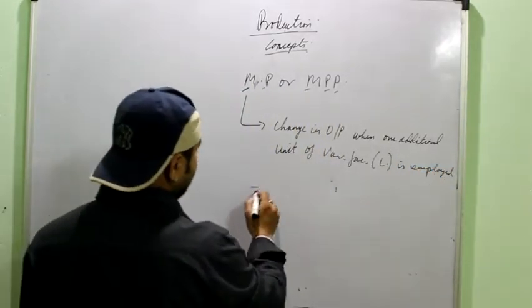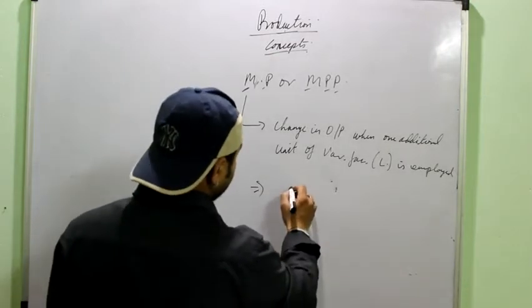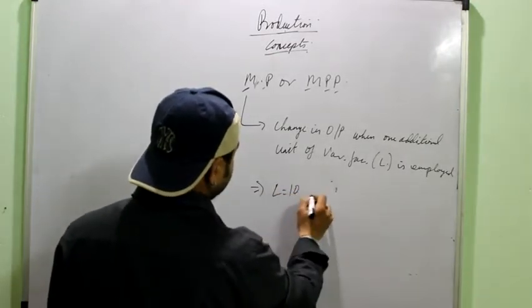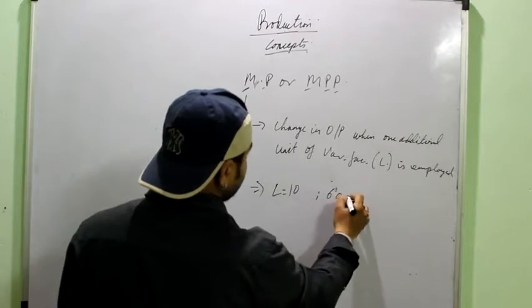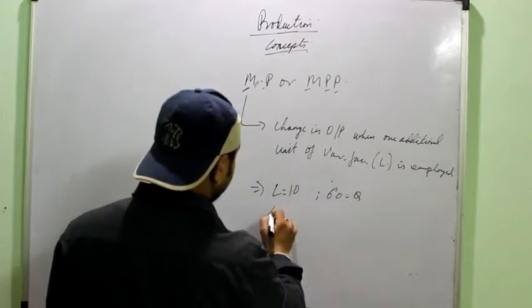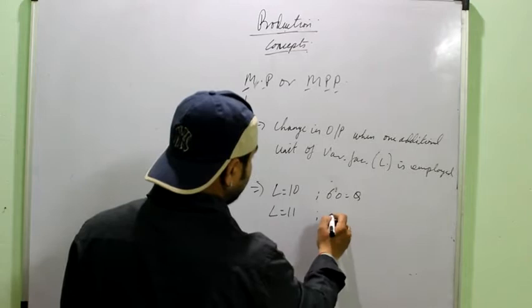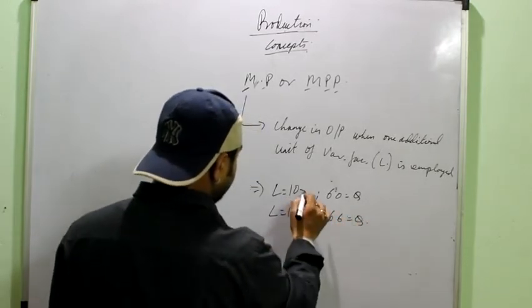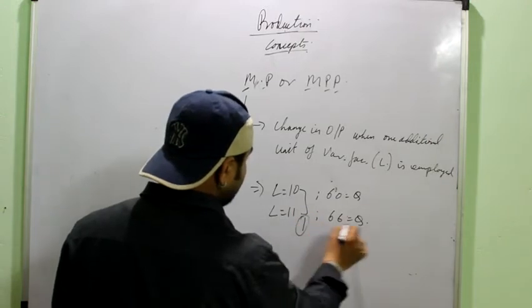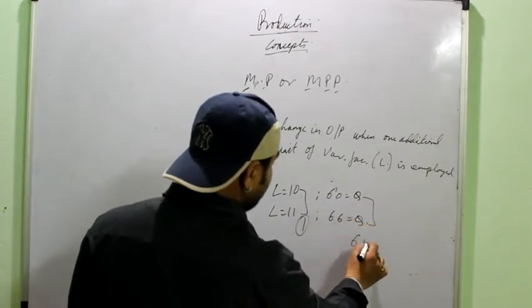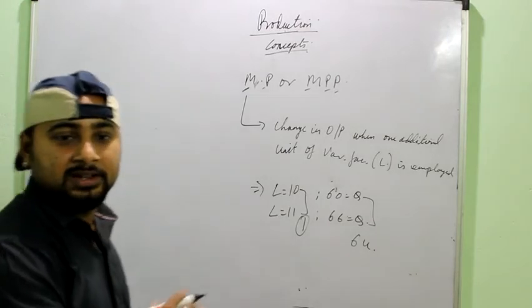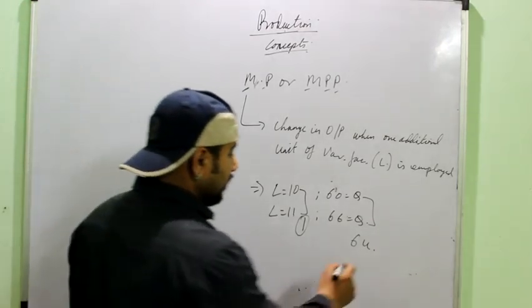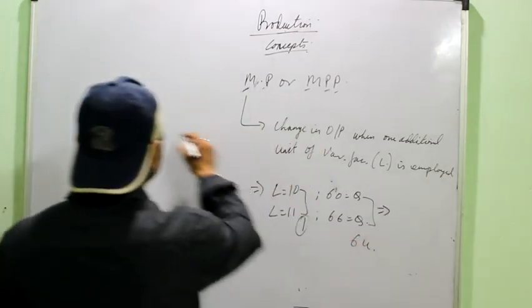Like same thing, we can again take the same example. Suppose when 10 labor were working, 60 units were being produced. Now when I have one more labor, the 11th labor, now 66 units are being produced. So it means the 11th labor, one additional labor, has added 6 units in my production. This is the marginal product, right? It can be calculated using the formula